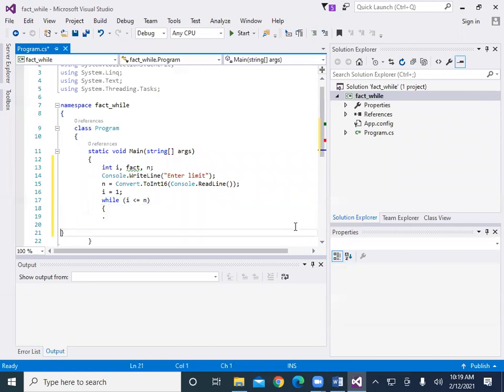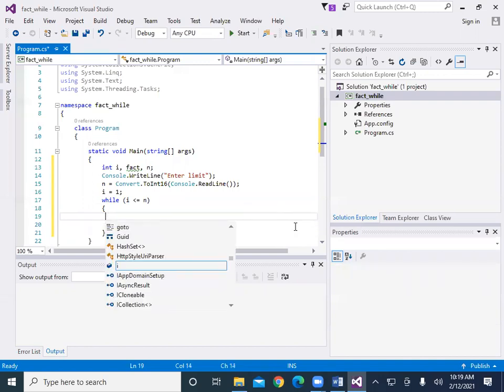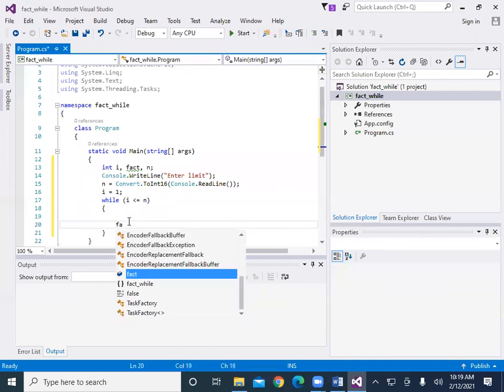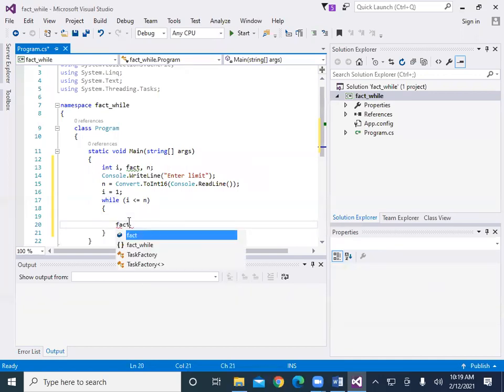and after that we do the same thing that we did in a for loop. In this loop we write fact is equal to fact into i.